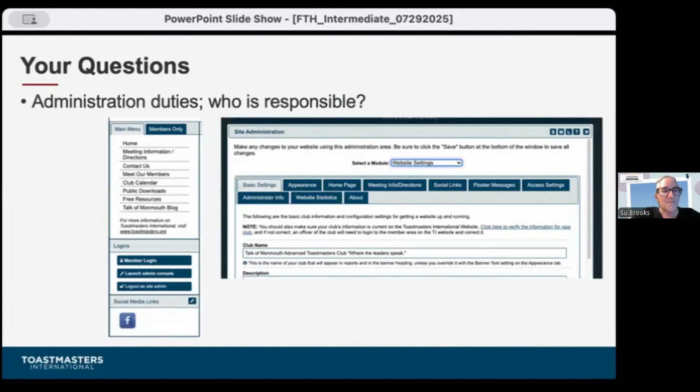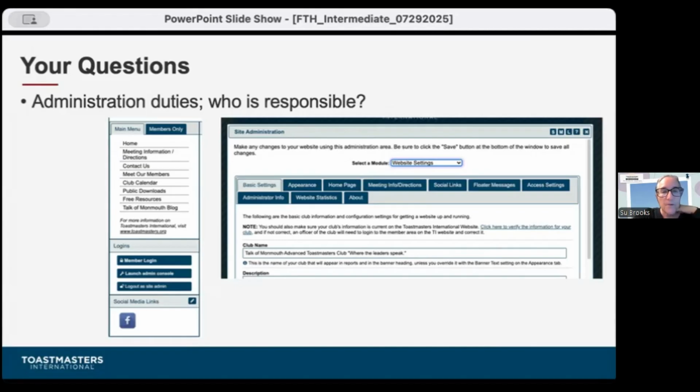Number one, it's a good idea to have the president, the VPE, and the secretary allowed to go in with the administration password and give them full access so they could launch the admin console.